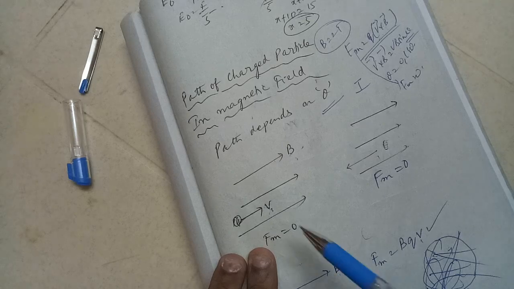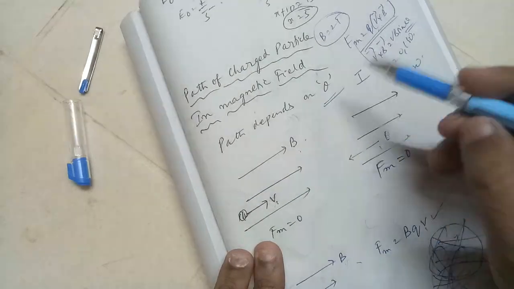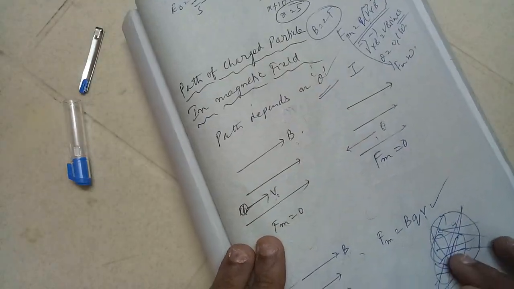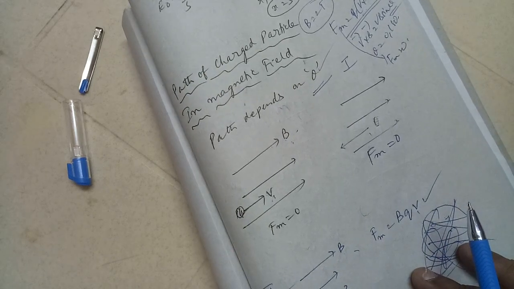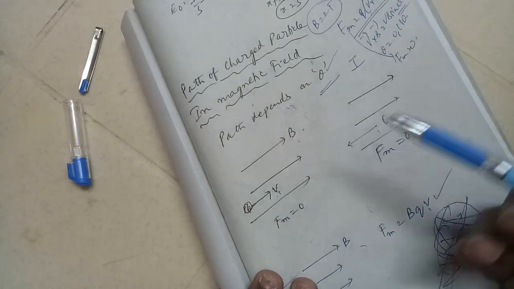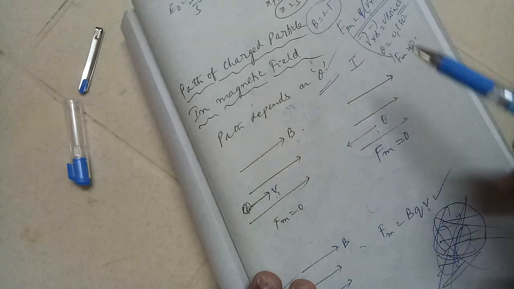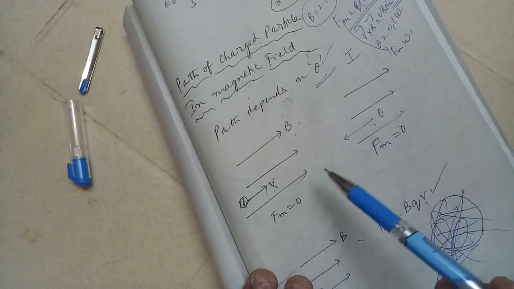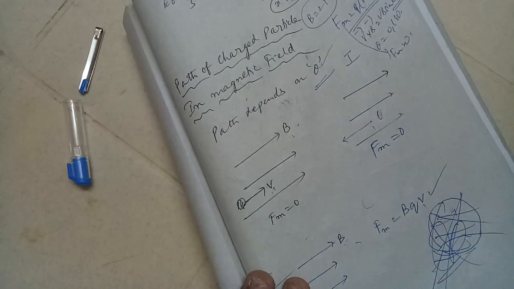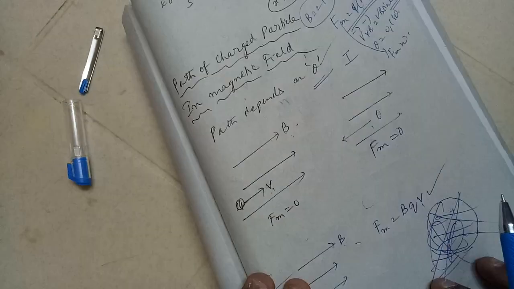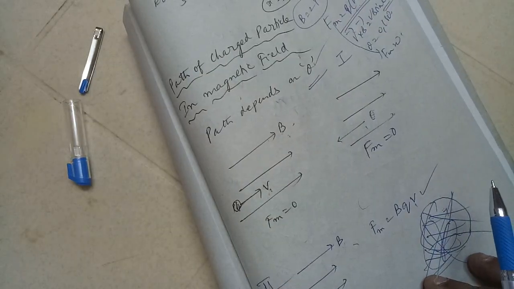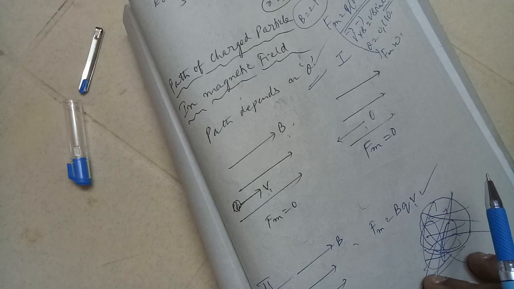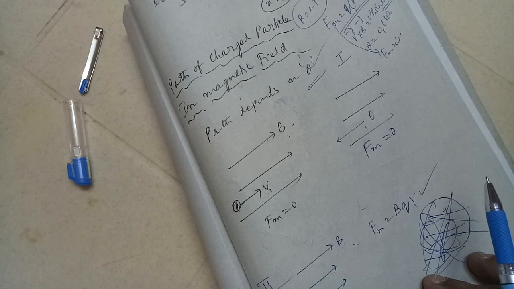Now, this path depends upon theta. We will have different scenarios here. Basically, when we are talking about magnetic force, it is dependent upon q, v and B. So the v vector can be parallel to the B vector, either in the same direction or in the opposite direction. We know that when you take the cross product, it is vB sin theta. So sin 0 and sin 180 are 0.